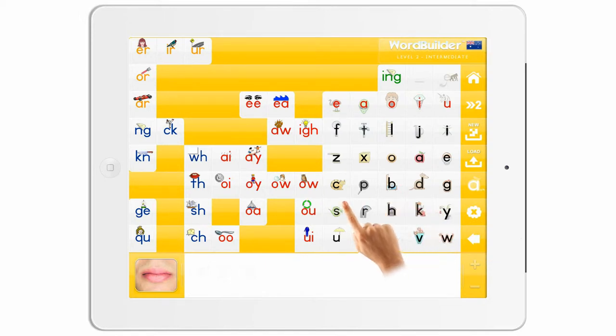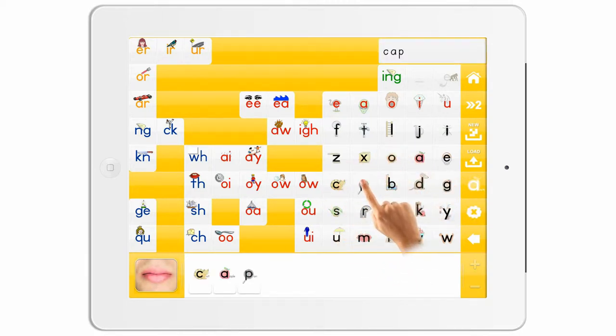You could also use that blank tile to do an activity where you teach the E final rule, for example. So you could write, for example, there's cap, and then you could say to the student, okay, so if we want to make this cap into the word cape, what do we need to put on the end that changes this into an A sound? So you could just stick this little blank in here, and then the student could practice putting the bossy E on the end,